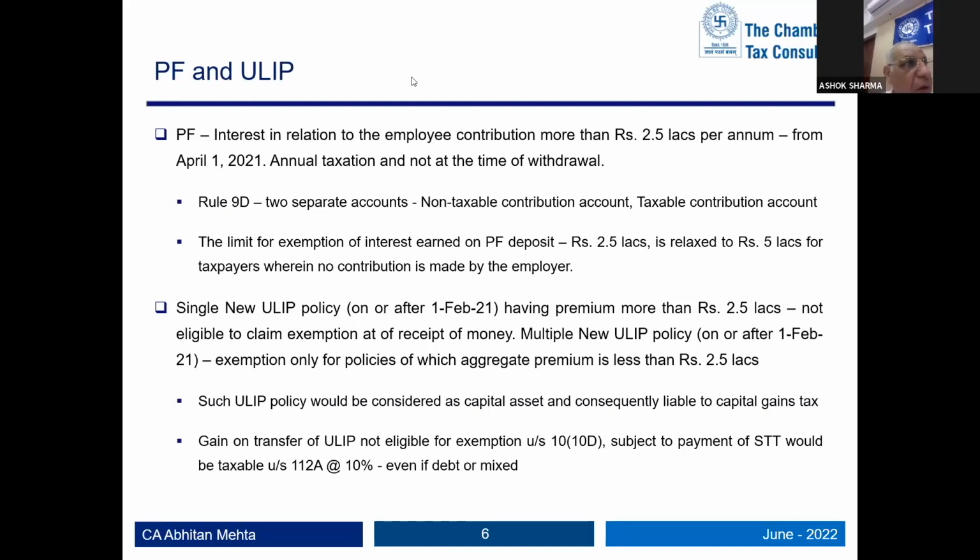But if hypothetically I have a policy of 2.4 lakhs and GST makes it 2.6 lakhs, I would prefer to say that it's only the premium, so you can take the benefit. Okay, for the online, we can repeat the question. Friends, here the question put was whether this 2.5 lakhs is to be considered with GST, and the answer is yes, it is to be considered with GST.